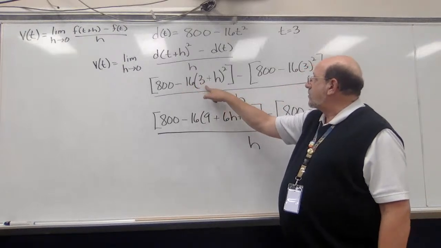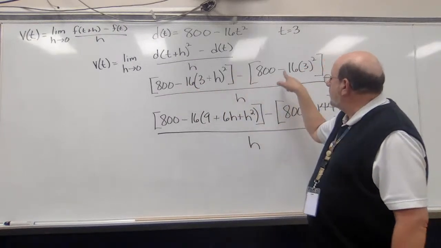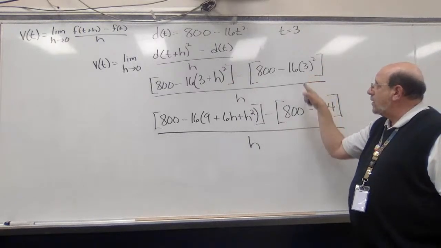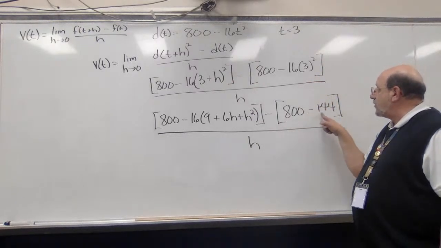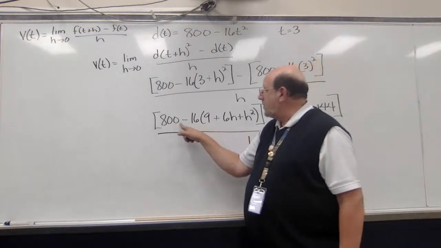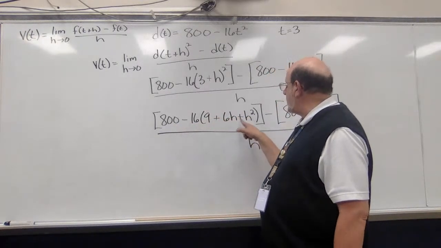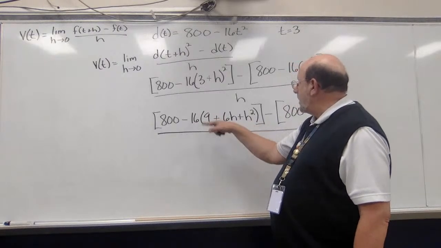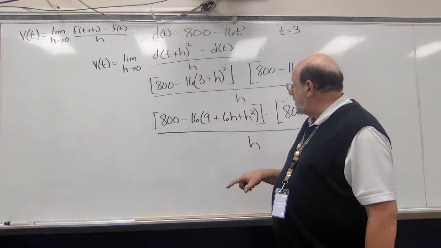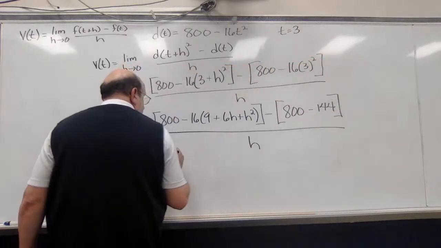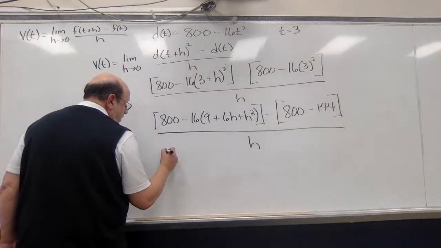As you can see, 800 minus 16 times 3 plus h squared, 800 minus 16 times 3 squared. Here we go. And now I have 800 minus 144. 800 minus 16 times, I've FOILed, 9 plus 6h plus h squared. I'm going to then distribute my negative 16 to everything in the next step. So my next step is